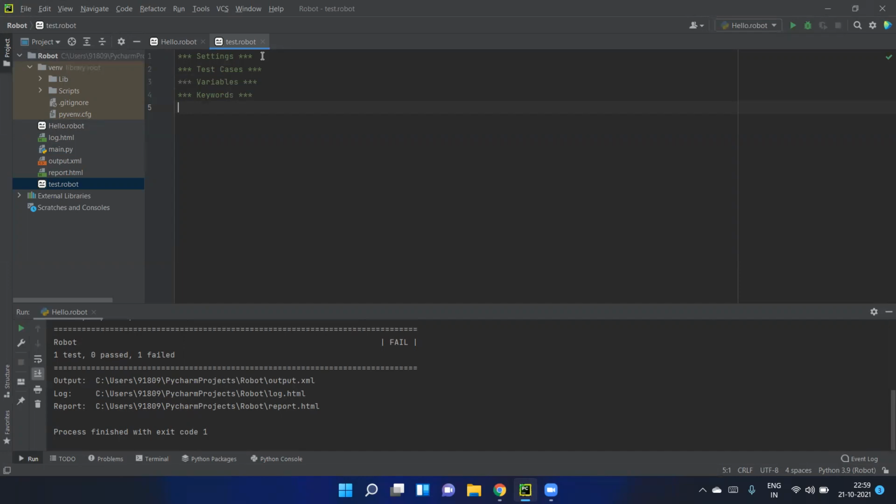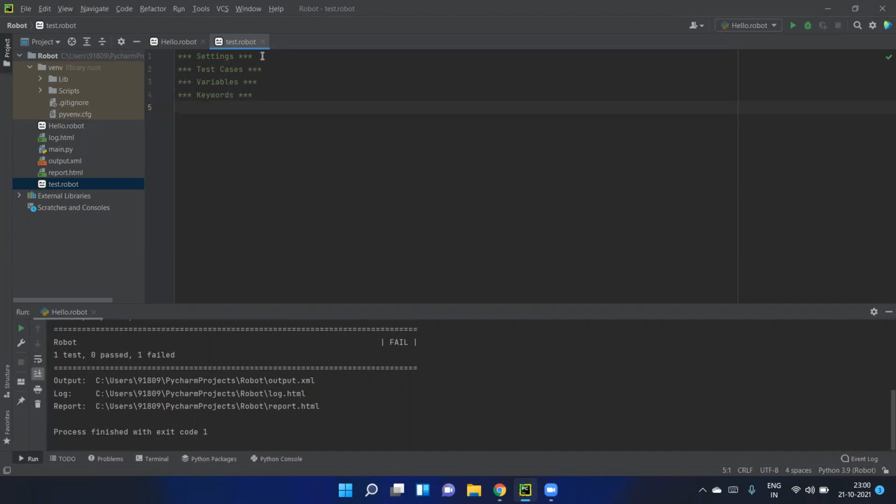And test cases, obviously, you will be writing all the test cases, or let's say the different flows. In case of robot framework from a testing point of view, you will be using the test cases. Whereas in RPA, you will be having another section called task. When we go with RPA, we will work on the task section as well. As of now, we will consider only the settings, test cases, variables, and keywords.